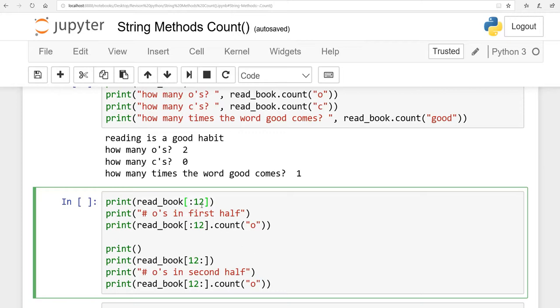Print read_book, and the last ending point, the stop, is 12. Print O's in the first half. Suppose this is the first half, then it has to print the O's. How many O's in the first half? Same thing. Now it will start from 12, and I didn't assign the stop. It means it will consider T as well, the last character as well. And then see, when I'm going to run this code,